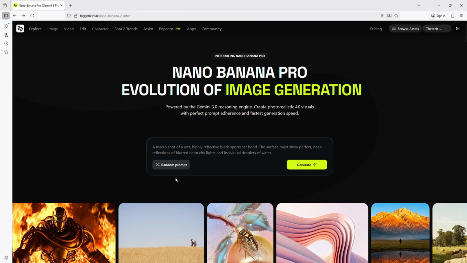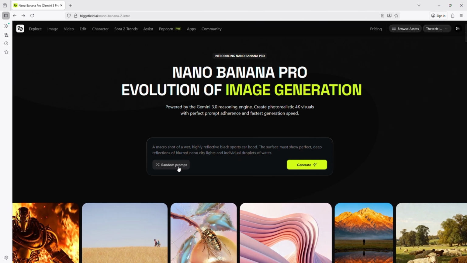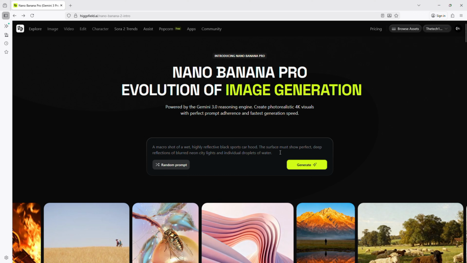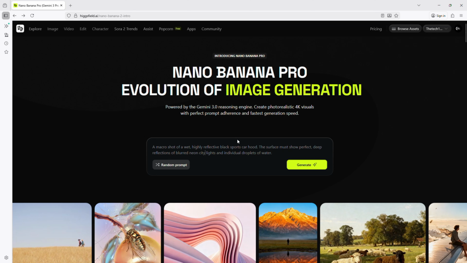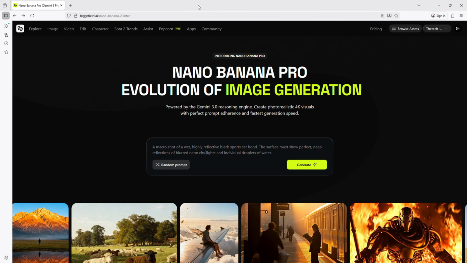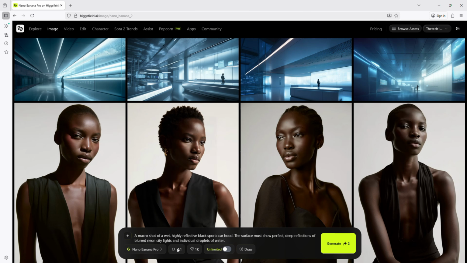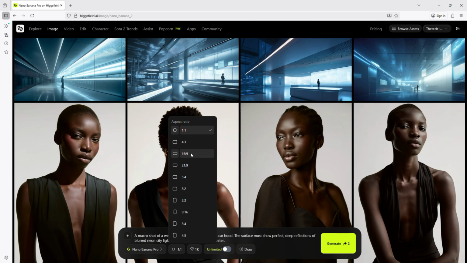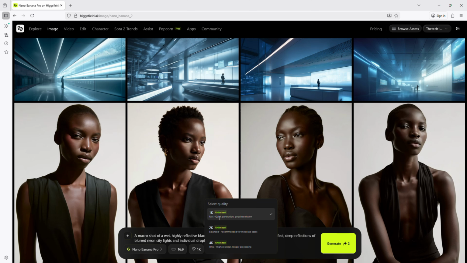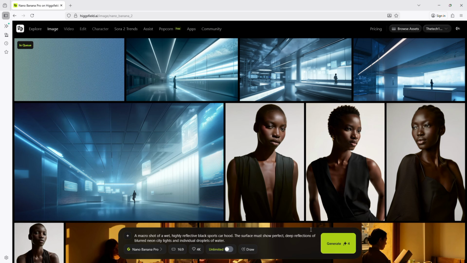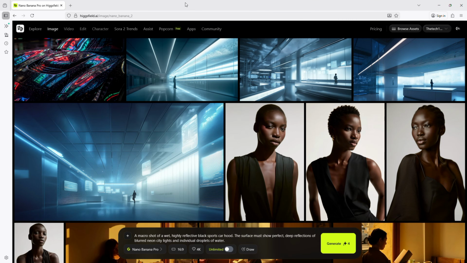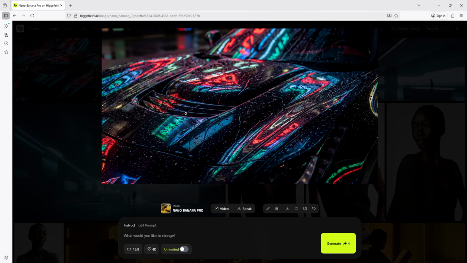Alternatively, you can click Random Prompt to automatically generate a creative prompt. For our first try, let's use Random Prompt to see what the AI creates automatically. The AI will fill in a prompt for you, which you can review or edit if needed. Next, set your aspect ratio and resolution to 1K, 2K, or full 4K, and click Generate. In just a few moments, the AI will render a fully corrected image with clear text, accurate details, and realistic